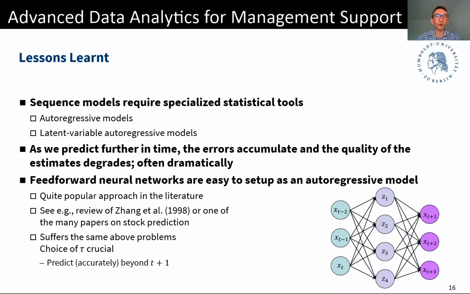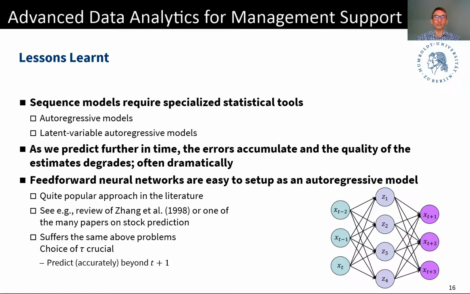Any type of machine learning model, even if you have never taken an econometrics class, for example, well, shame on you because you really should take econometrics classes, but say you haven't, and you've only taken business analytics and data science, all you know is machine learning. Even then, you could go and build auto-regressive models using neural networks and other supervised machine learning algorithms when using this approach to organize your data by considering past realizations, or sometimes they say lagged values of the time series itself. And what we will do next is familiarizing ourselves with the other approach, the latent variable approach, which is available to us in the form of